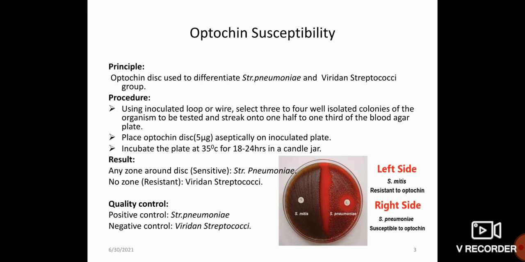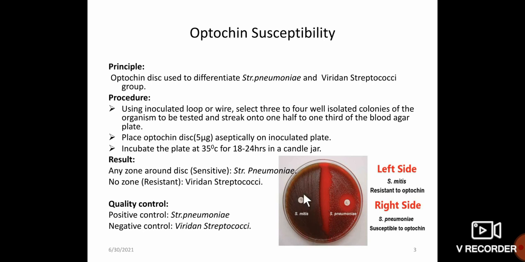So how do you do it? This is one of the tests for the identification of Streptococcus pneumoniae. Here we take a well isolated alpha hemolytic bacterial colony and swab it on the blood agar. We are directly swabbing because it is a fastidious organism. Alpha hemolytic bacteria will not grow even on simple media, and if you inoculate it in peptone water and look for turbidity, it will not grow. That is the reason we are directly swabbing it on the blood agar.